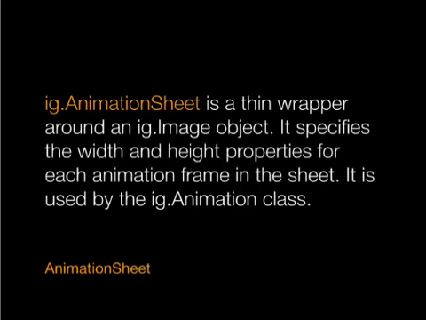The next part is the animation sheet. So you can have a basic animation. The animation sheet is a wrapper for the image class, and this is what allows you to basically say, all right, I have a sprite with X number of frames, show frames 1 through 5 and loop them at this many seconds, and that's what handles that logic for you.